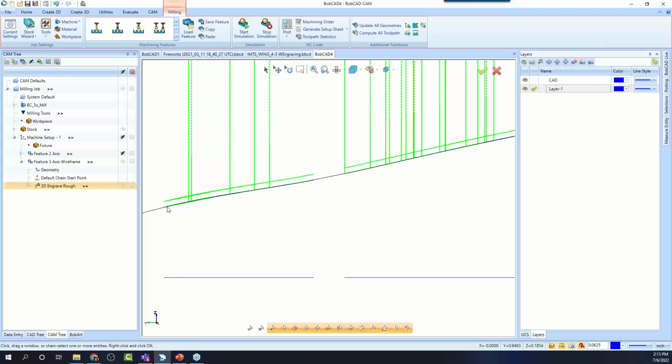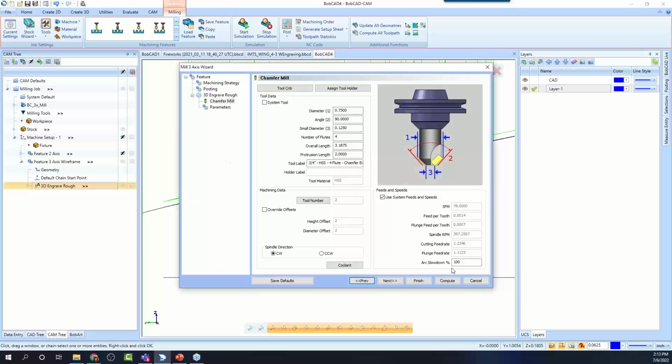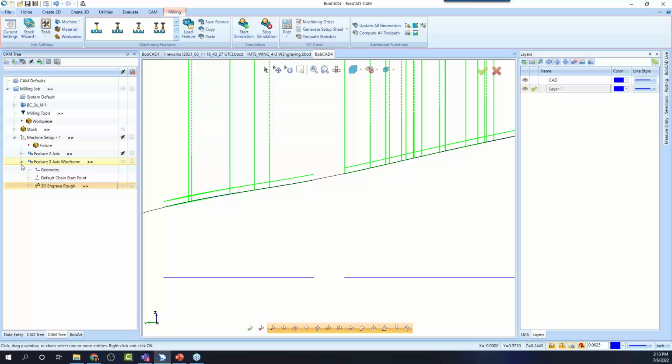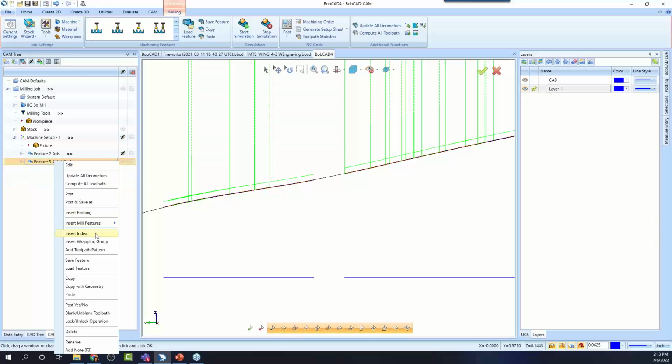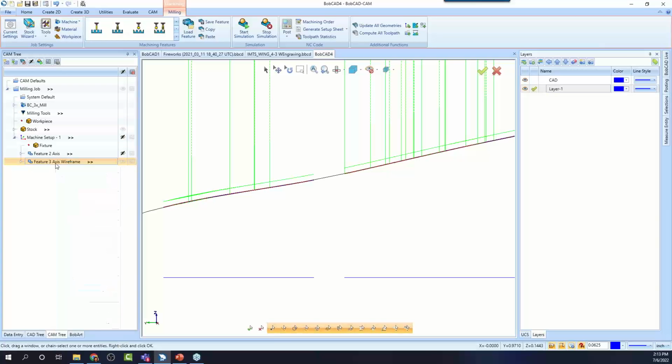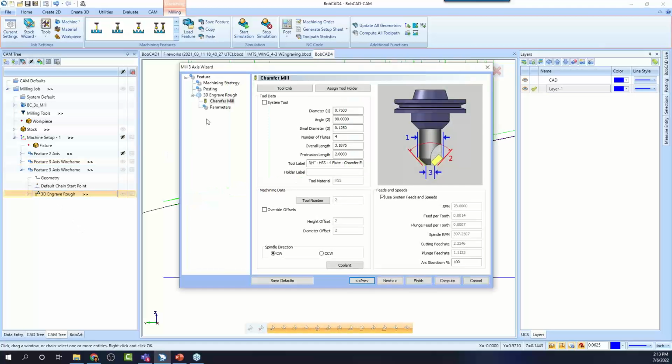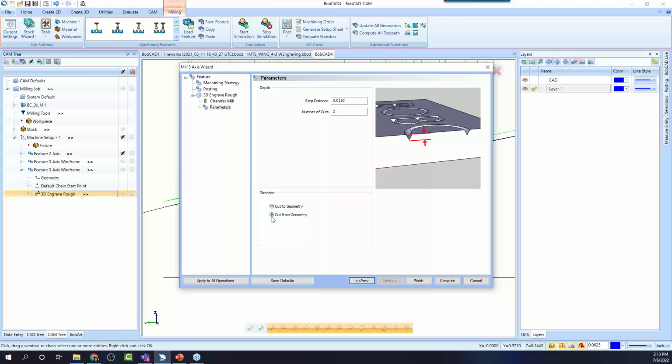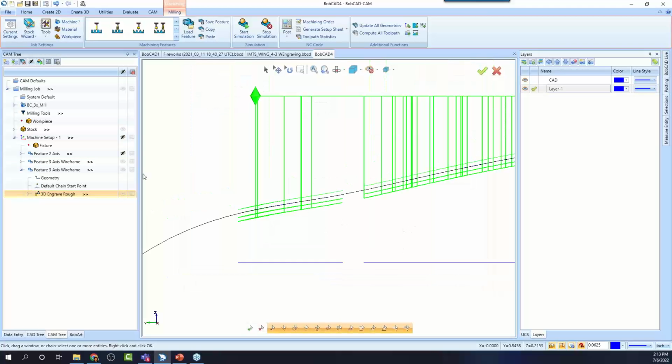So we projected it down on the surface and we say we want to step down in Z. One way is coming from above. The other is we projected it onto the surface and we want it to step further down in Z. So again, you can adjust that from here. And you can use this copy with geometry with all your features, right? Copy with geometry. You can paste, come in here, change one parameter at a time, recompute, so you can see